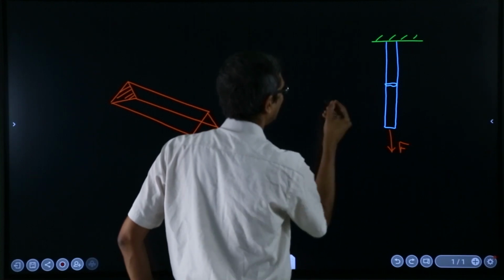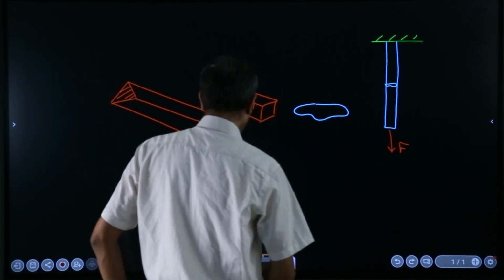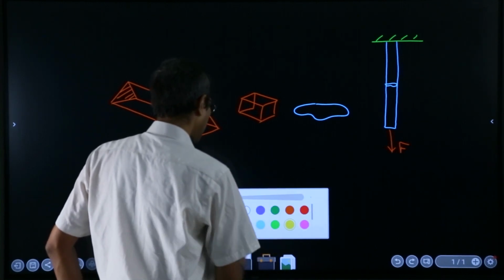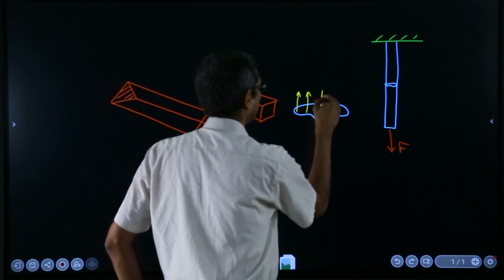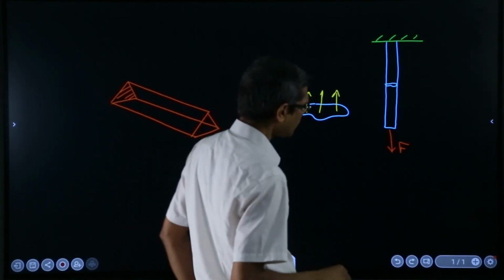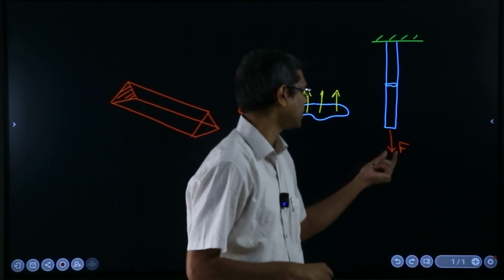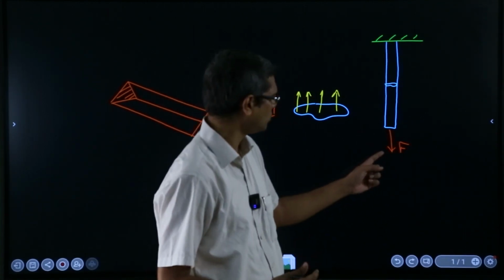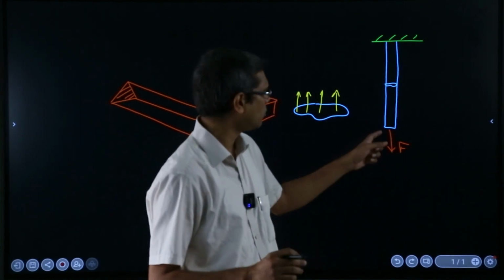Okay, so this I am expanding here. Say suppose this is the area of cross section. Now the stress at every point we want it to be uniform, and that will happen if we try to put this force or distribute this force as uniformly as possible on